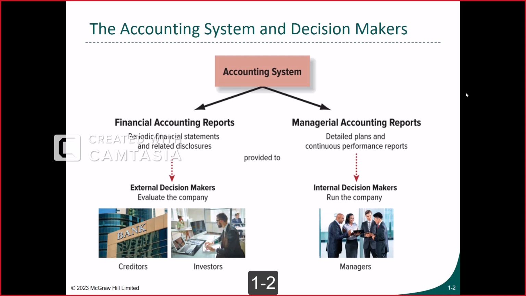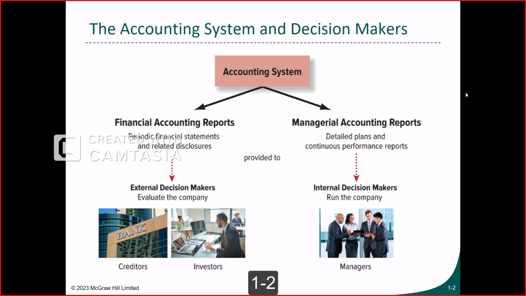These financial statements are prepared with the intention to be delivered to external stakeholders. And when we say external stakeholders, we mean stakeholders who are not internal, who do not know what is going on inside the entity. Financial statements are related to an economic entity. That economic entity could be a for-profit, it could be a not-for-profit, it could be a government entity.